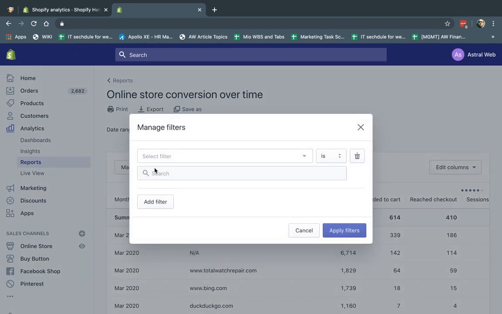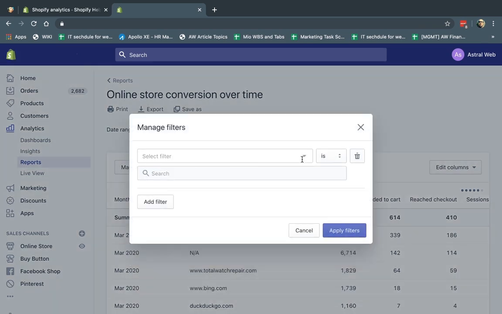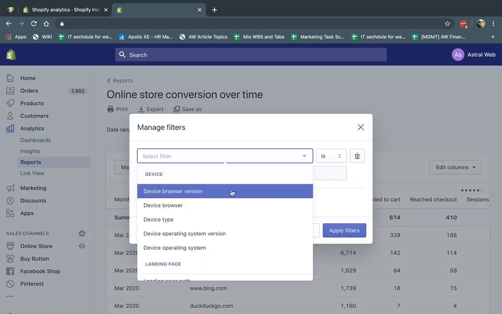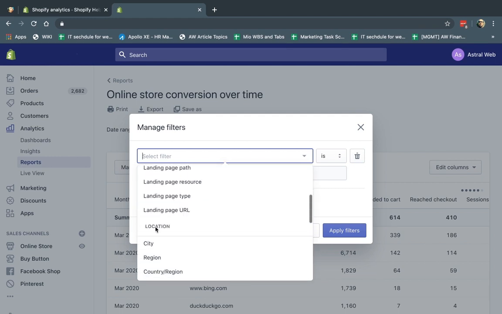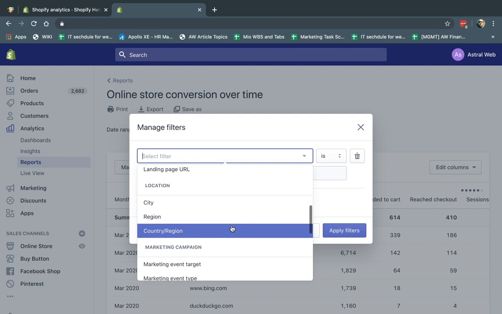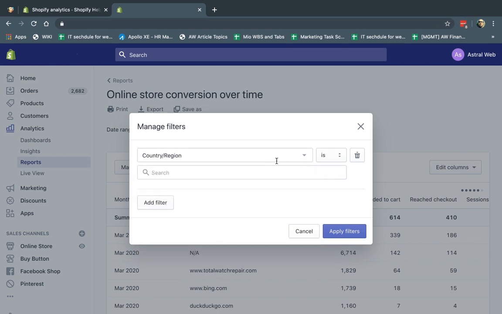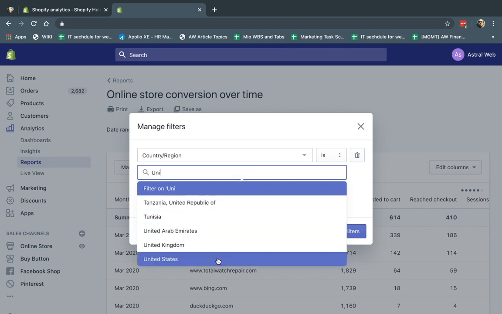You can actually manage the filters. So this is all of my data based on the time frame, based on this type of report. I can actually filter it down and I can say, you know what? I don't want to see everything. I want to see some of the things. So I can go here, I can click here, and I can see all of my filters. Filters based on device, filters based on the page, the location, and the marketing activities and the referrer, just like we had here, right? So I can say, for example, I want to filter and I want to see only, for example, and I'm going to type this in, only United States.